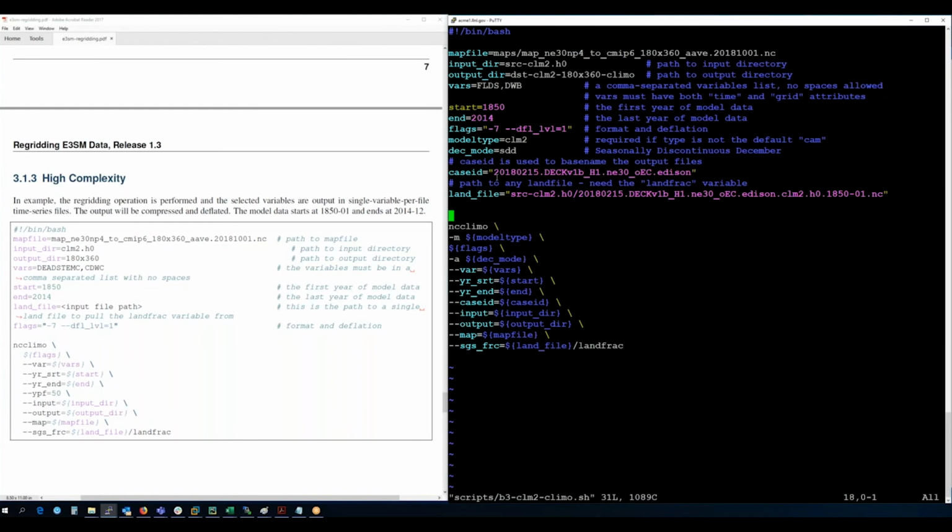So you need also a case ID supplied as a parameter. That case ID is merely the name of each file up to, not including, the realm and the year, month, day part that varies. It's just the part up to that point. We still have the land file to give the land fraction,